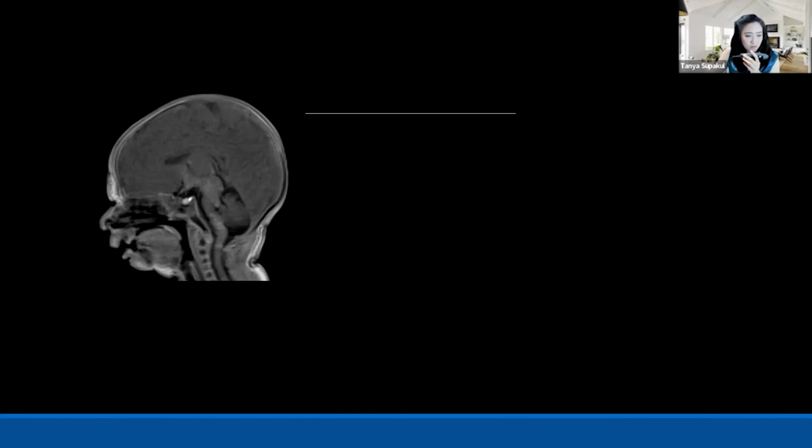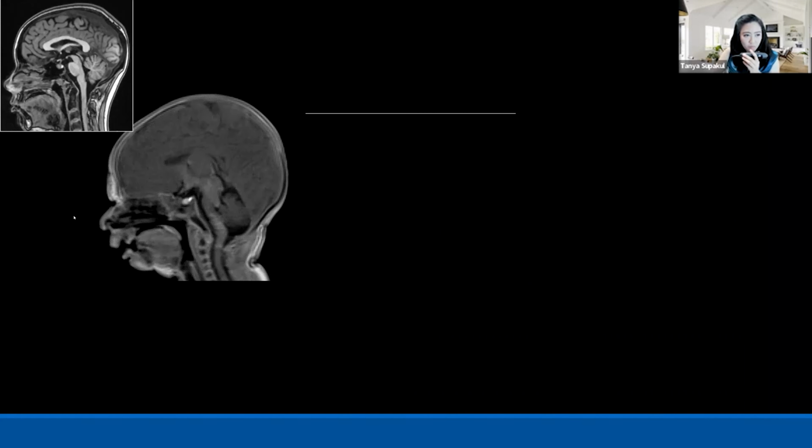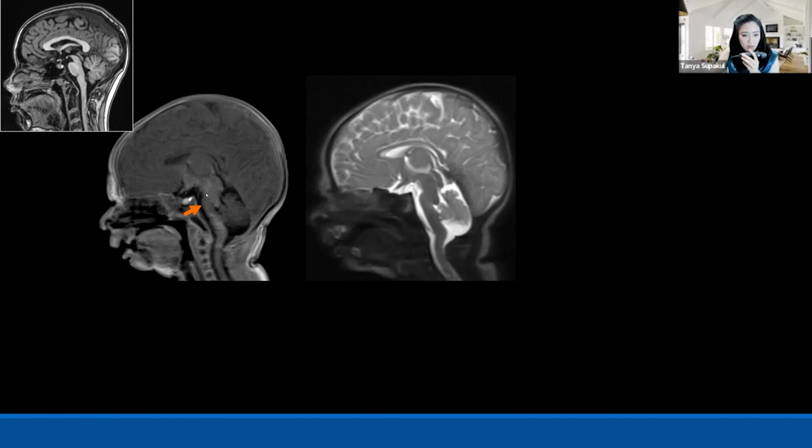This is another patient with another diagnosis. So when you look on the sagittal T1 on this patient, this is a normal anatomy for your reference. So this one, first thing that you can see here, there is abnormal shape of the pons. It's like a flattening and maybe some hypoplasia of the pons. You can confirm on the sagittal T2 that there is abnormal appearance of the pons.